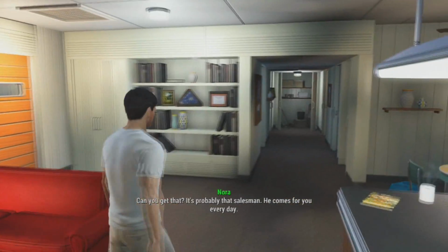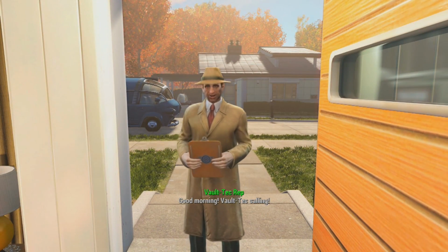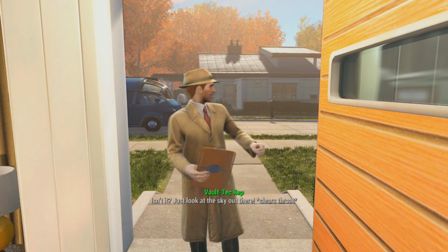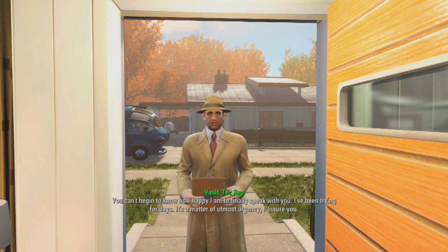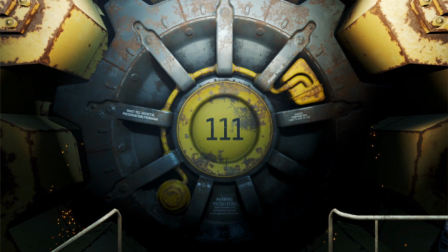So considering Bethesda have shipped over 12 million copies to retailers and have already been nominated the third best-selling game of 2015, over 15% of the players in Fallout 4 haven't even made it out of Vault 111. Despite the massive popularity this game has grown, looking at the achievement list statistically, over 15% of the players have not even achieved the first achievement for exiting Vault 111, one of the first ever achievements you will get for